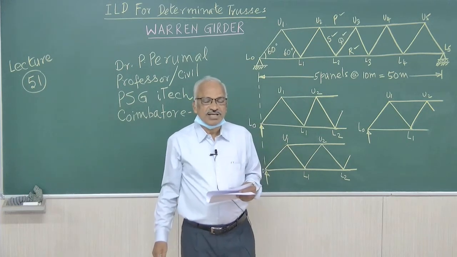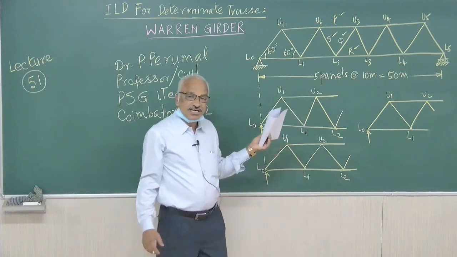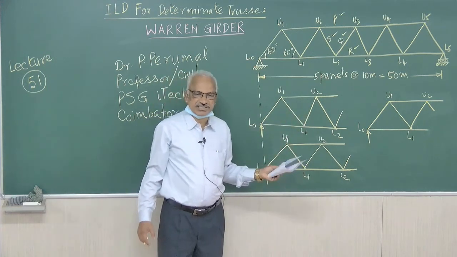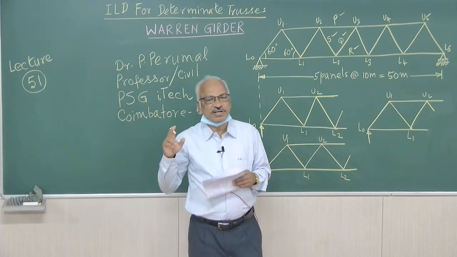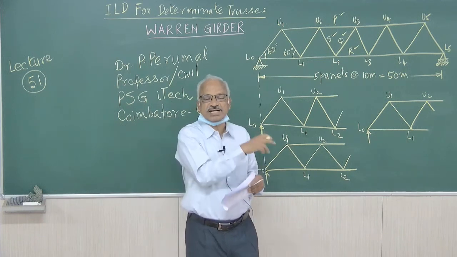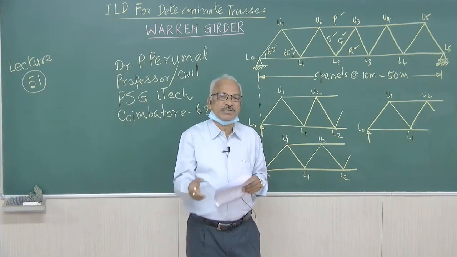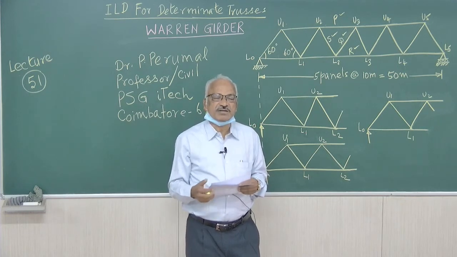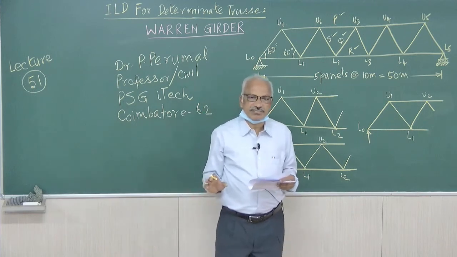You know, trusses will be used as girders on either side of bridges. So the bridge will be subjected to moving load. So when a 100 kN load moves from one end to the other end of the girder, what will be the maximum force in the member P, what is the maximum force in the member Q, and so on. That is the question.